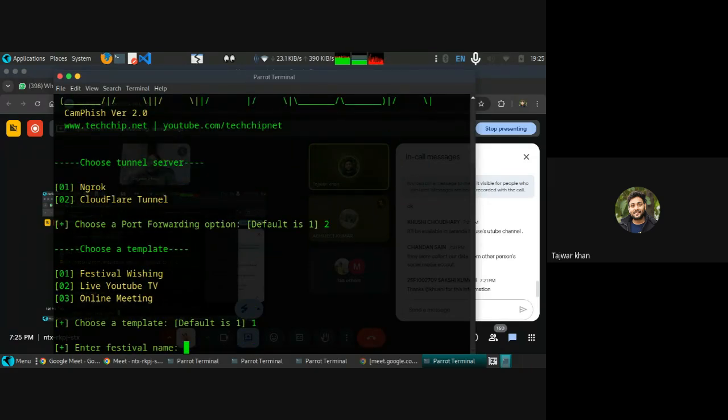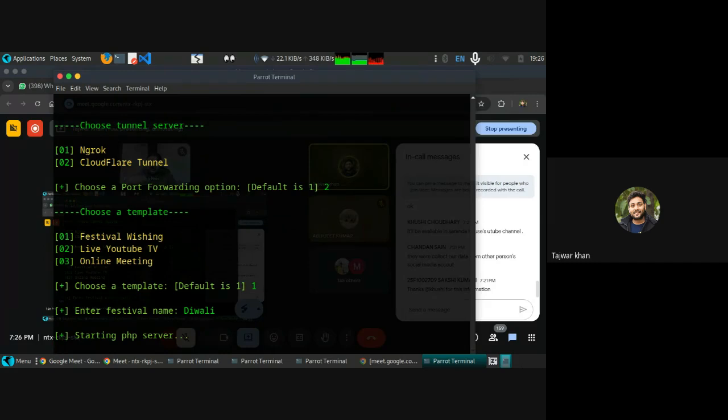Now I'm sending you a link. We always get lots of links from people, for Deepavali wishes, Holi wishes, or sometimes New Year's wishes. So I'm writing Diwali. It's starting the server.